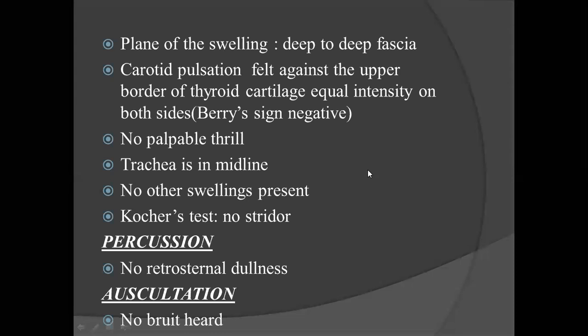So, sir, if the swelling is truly retrosternal, we can never see the lower border on deglutition also. Yes, substernal extension, you are not able to see it even on deglutition. That's why retrosternal percussion also comes into play. Sometimes, with a short neck or anything, you will feel as if the swelling is here, and you are not able to see the lower border. When you extend the neck and ask them to swallow, you can clearly make out the lower border. That means it is in the neck only. It is not going down. That is the idea behind it.